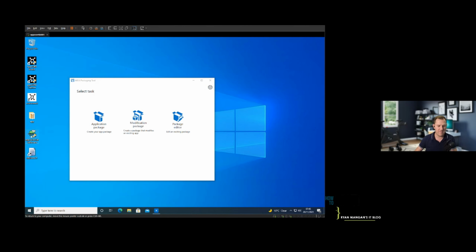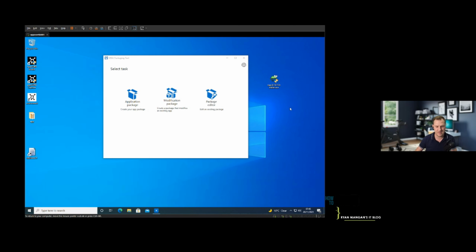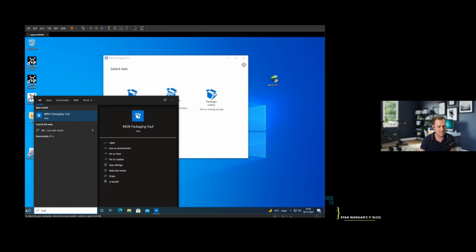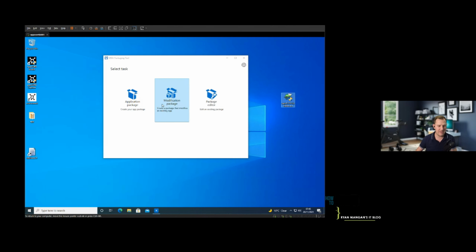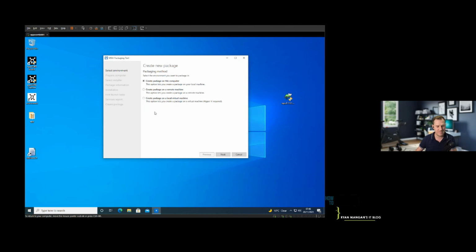I know everybody does it, but we're going to use Notepad++. I know, boring, but it's nice and simple, and it's not a big package for the time of demos in this presentation. So I've opened up the MSIX Packaging Tool, which you can do from the start menu, and obviously I've got my application here, so I'm just going to go and add a package. But before I do that, because everybody just dives straight in,